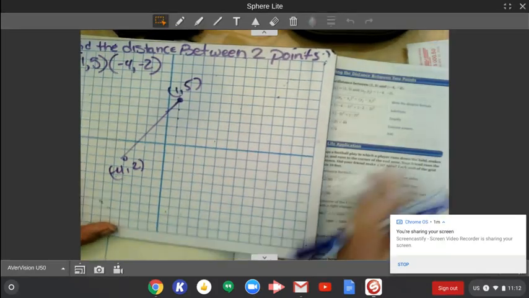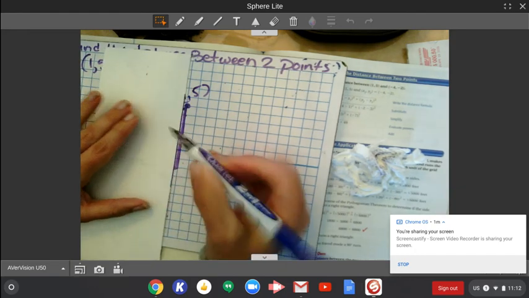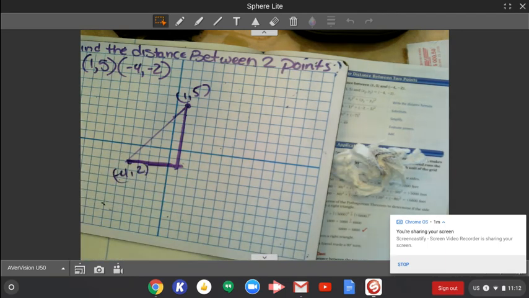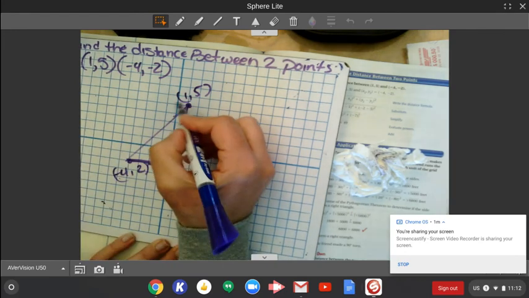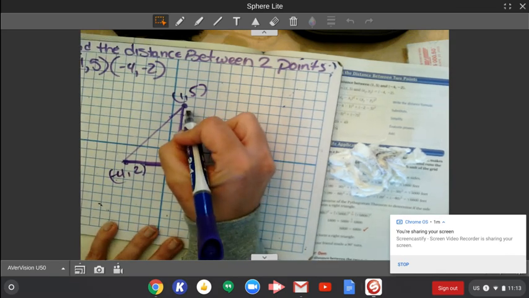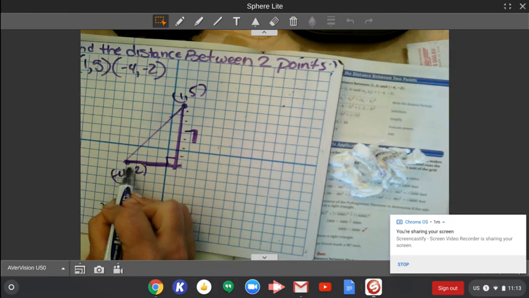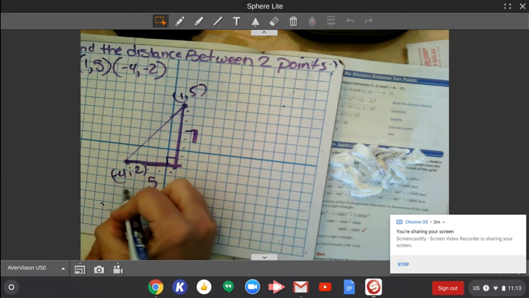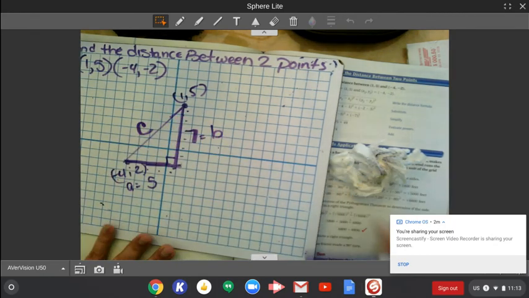So what I'm going to do is I'm going to simply connect vertically, horizontally, and now I created a right triangle. So now you can easily find the distance between these 2 points by using the Pythagorean theorem. So I can count 1, 2, 3, 4, 5, 6, 7 here, and I can count 1, 2, 3, 4, 5 here. Okay, so I'm going to call A 5, B 7, and C is going to be the distance